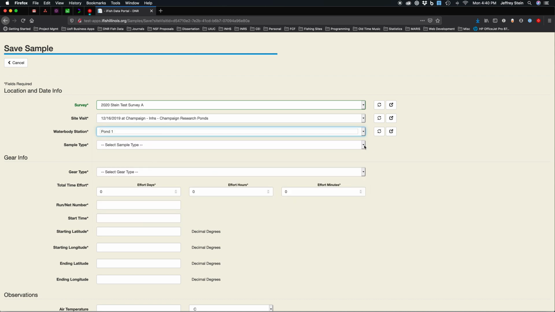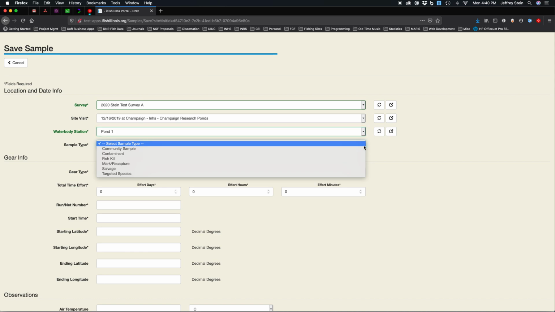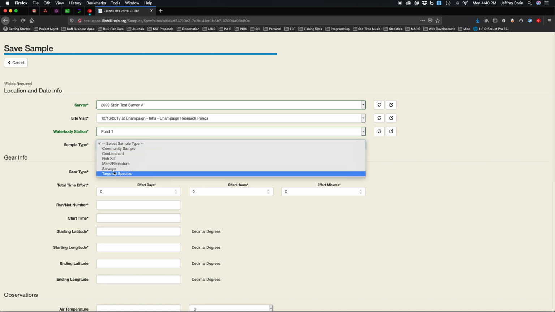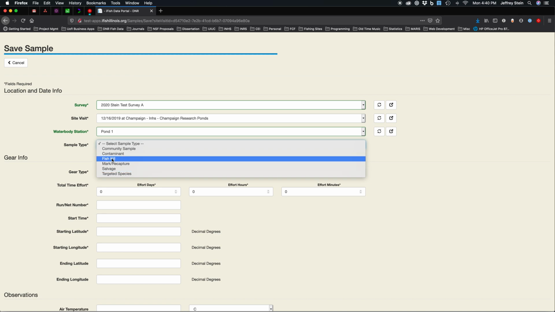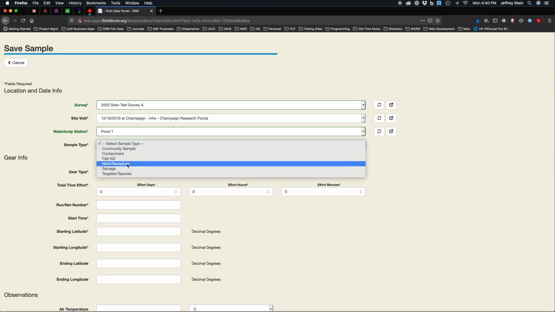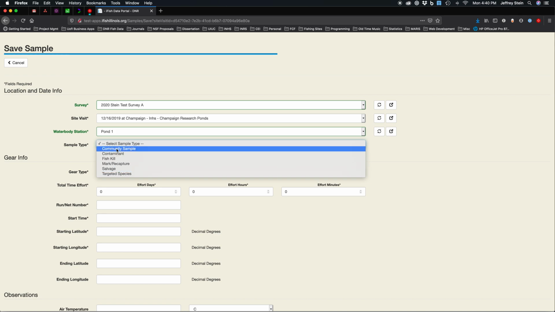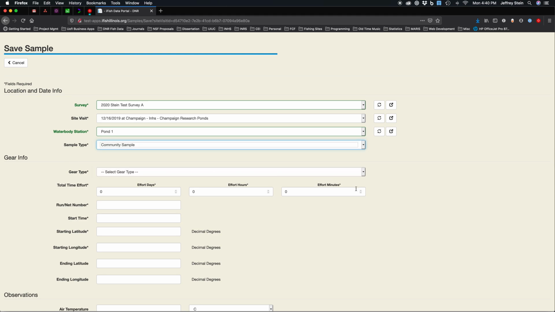And then we need to indicate the kind of sample it is. This is important for users of the data to know whether you are targeting a specific species or conducting a sampling event for a particular purpose, such as mark recapture work, or whether this is a representative sample of the fish community, notwithstanding gear selectivity and things like that. So let's say this is a community sample, all right,